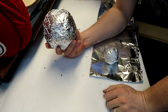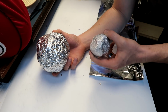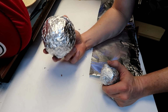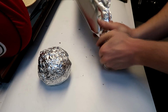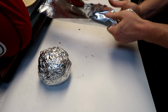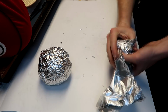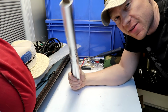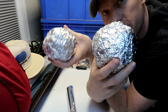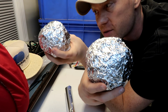Alright, so we got one that's probably 1.5 times the size of a softball, and then another baseball size one. I'm still working on this one. Probably will end up making this one a little bit bigger too, but we'll see what happens. Alright, now I've used about half of that roll. Got 2 balls. This one is smaller than this one, but this one, about halfway to getting to this size,